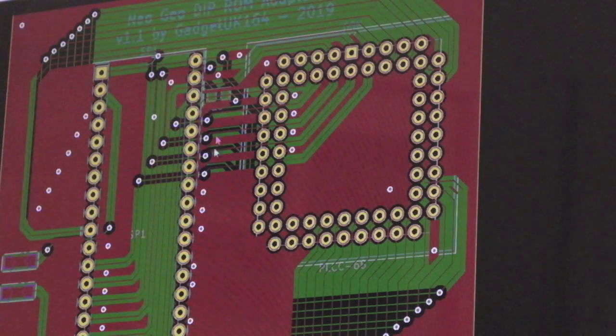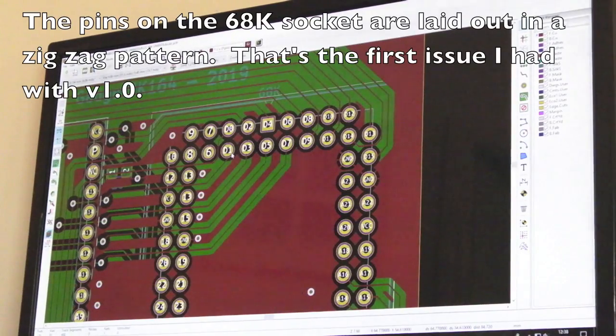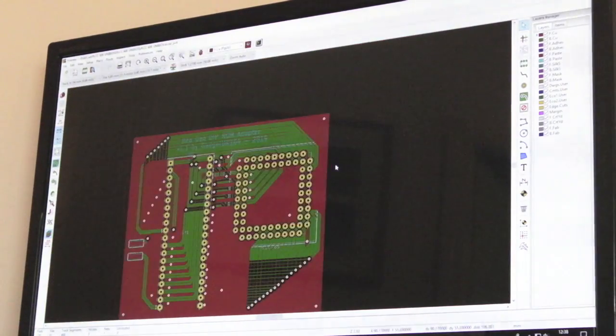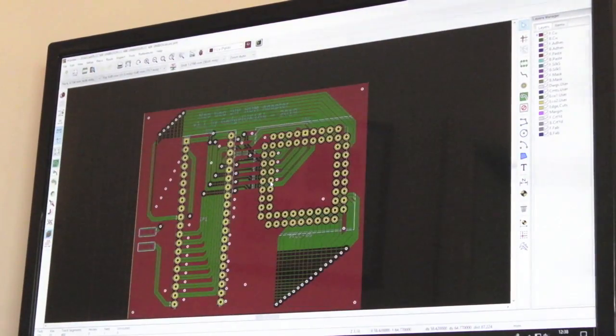But it didn't take long. I would say I spent probably 2 hours at Christmas just throwing this together. But as I say, the initial version 1 was not that great really. There were some issues. But the point is, it goes a specific way. So as soon as you flip the profile, you stick the socket on the other side, you mess up the orientation, because the socket goes from one side to the other in terms of the ordering there, if that makes sense. Now, coming back to the issue I had with V1,